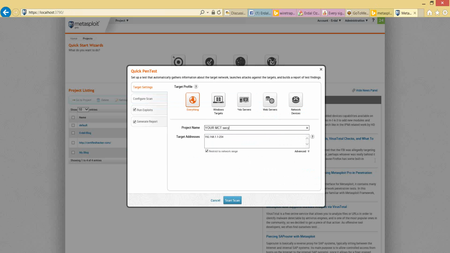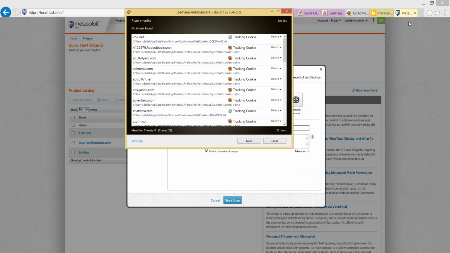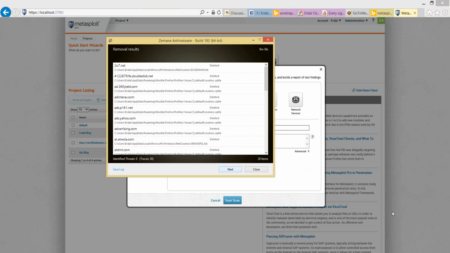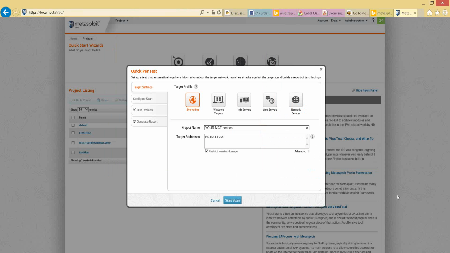security test. By the way, Semana anti-malware has finished. And as you can see, I got lots of tracking cookies. You can use the add-on that you talked about, and that's it. You can put an internal and external IP address to find out what's going on. In this case, I'm going to put my blog address